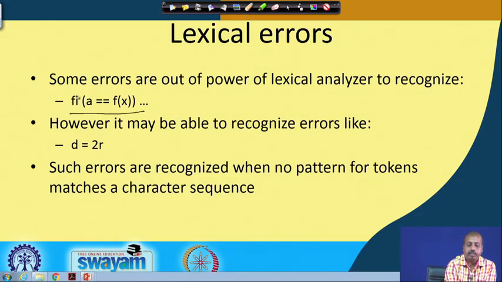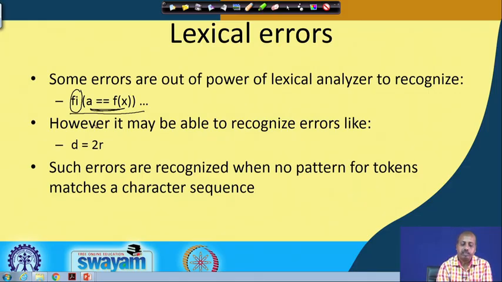It cannot identify the situation, because ideally it seems that fi should be if, but it should not do it automatically, because it may so happen that the user has defined a function whose name is fi, and a equal to fx is an expression. So, the value of this expression is passed as a parameter to the function fi, and that will be evaluating the function fi.